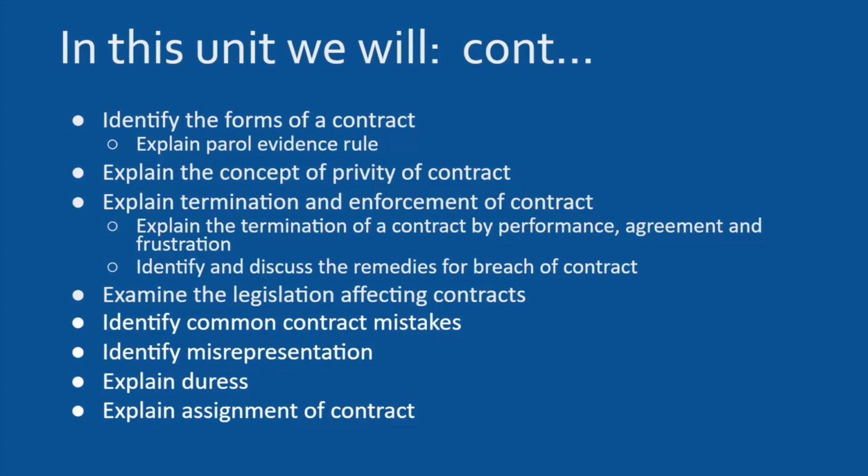And privity of contract is, as I described up in the front, if we have a situation where someone makes an agreement with someone else to do something, nobody else is involved. And that's effectively what we mean by the privity or the privacy of a contract. It's just between a couple of individuals or a couple of companies. The world is not involved. It has no implications on the rest of the world. And so we look at this concept of privity of contract in relation to how others are affected by this, or how others